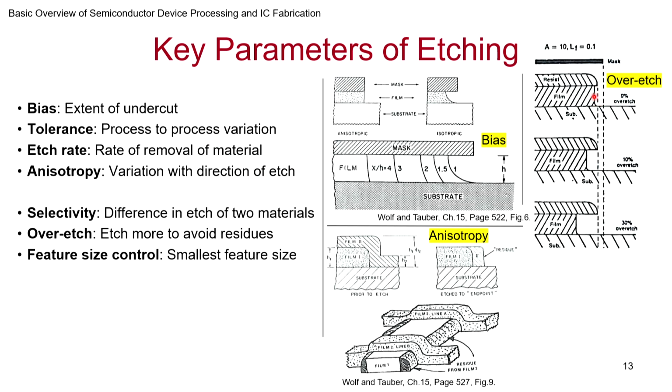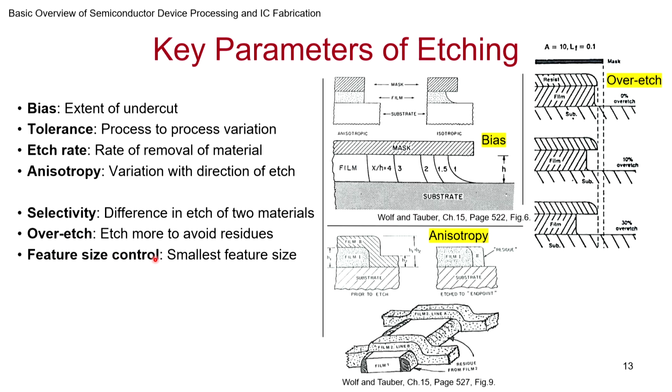But in the process of over etching, sometimes you may end up eating more inside, right? As you can see, because of the over etch. So here, 0% over etch was done. When 10% over etch was done, you can see the bias is increasing. And when 30% over etch was done, it's even more. So over etch is inevitable. It's a practical reality because of the variations of the film thicknesses and etch rates that you may have. You just want to be safe, right? You want to do much more than what is needed and not just do just enough, because you never know. So you don't want to fall short. But in the process, there may be side effects.